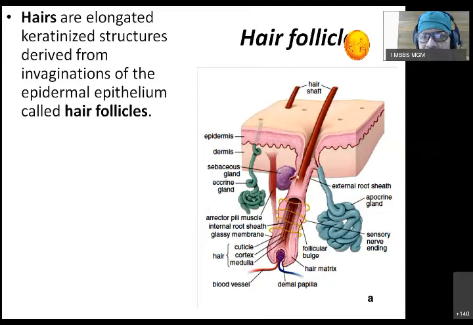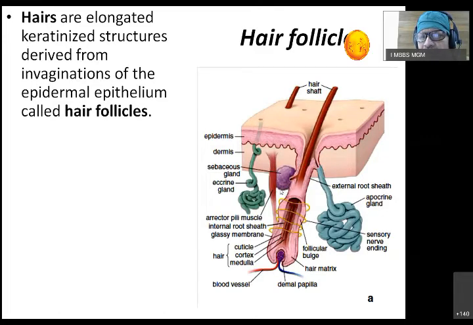The cells will migrate down, and once they migrate, they will grow in a horizontal pattern. The cells will grow from the stratum basale to the center, and ultimately the central core will form as a keratinized structure, which will grow up and come out from the skin, and that is why we call it hair. The outer part of the hair outside the skin is called the hair shaft, and the rest of the part is called the hair follicle, which is further subdivided. I will talk about that. Another thing we relate with: see, this epidermis gives some outgrowth.